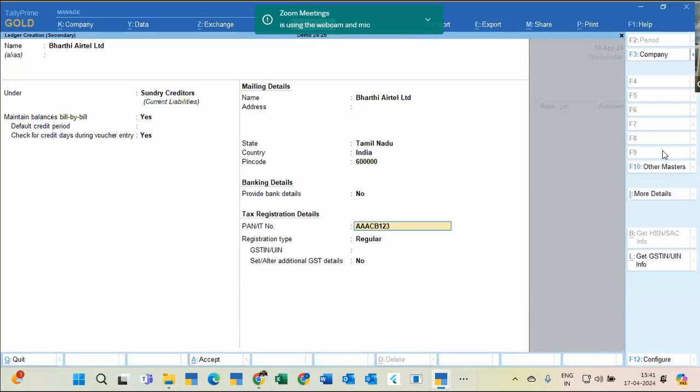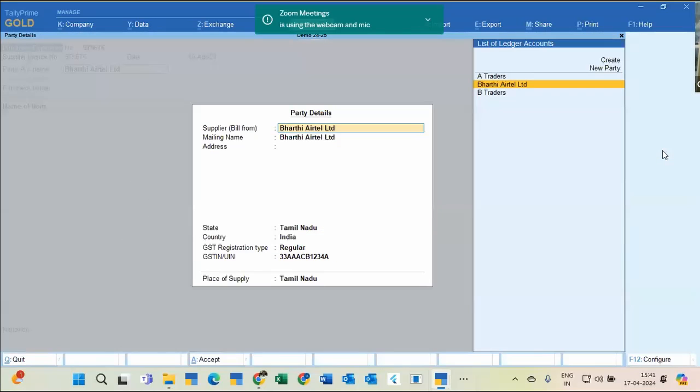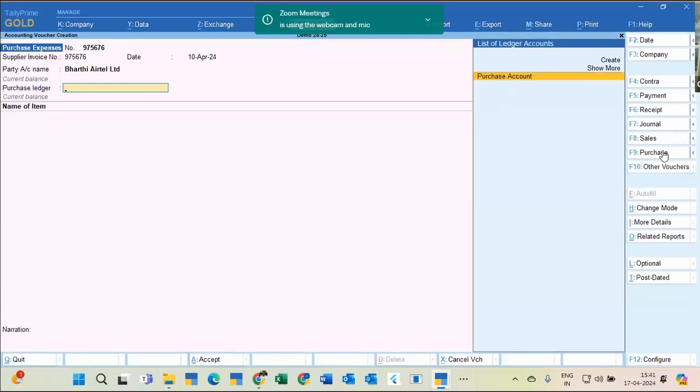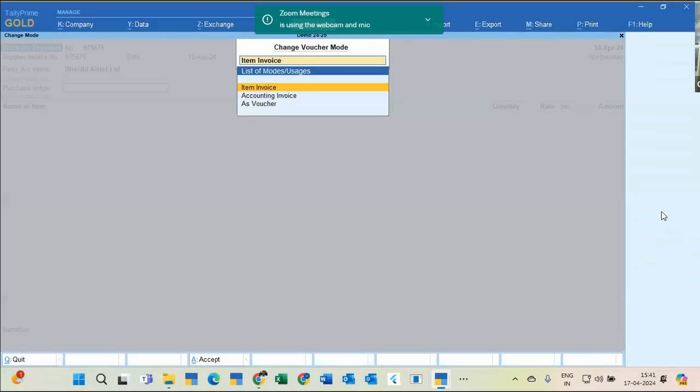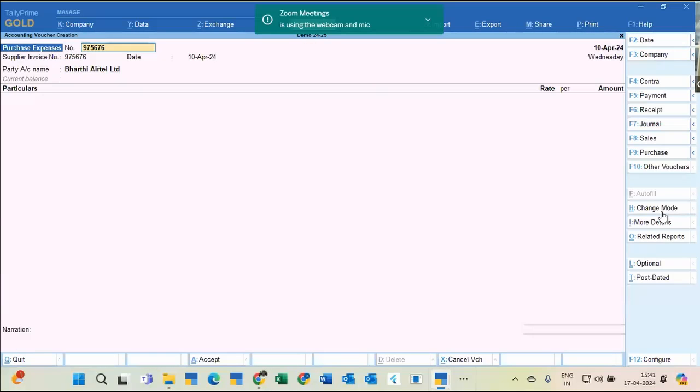CB 1, 2, 3, 4, 8, 33. So I'm just trying to create some dummy data, and it is saying this is what is there. Now I will say I am not going to go into an accounting invoice. I will change the mode to accounting invoice, not the item wise invoice, and now pass the entry